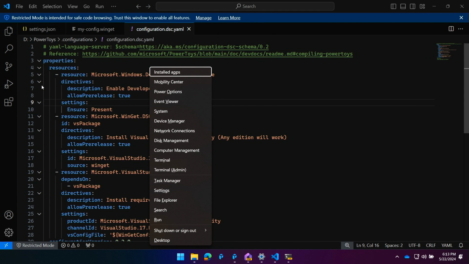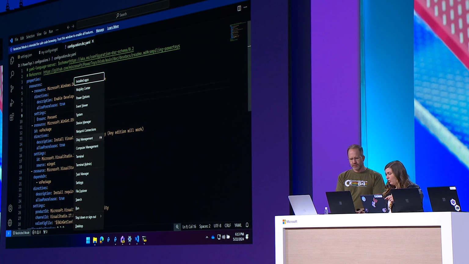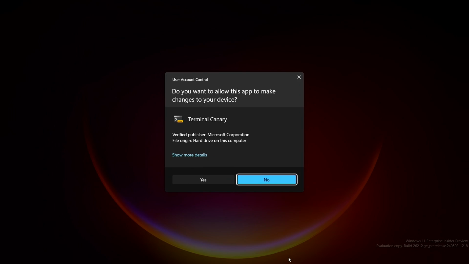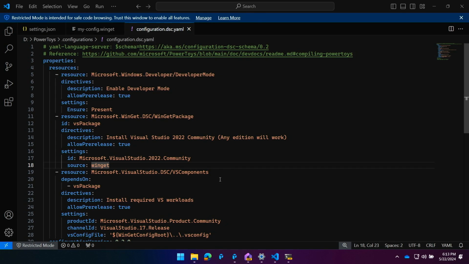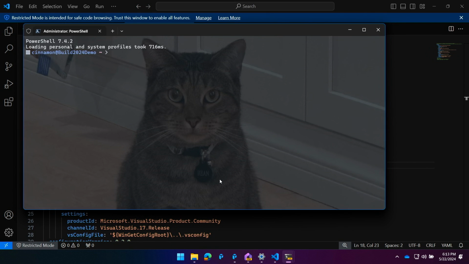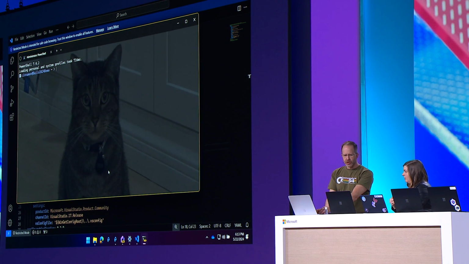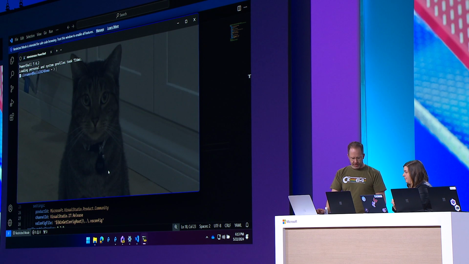Very cool. Other cool things: if you hold Control-Shift and then click on something running in your taskbar, or if you use Run and hit Control-Shift and hit Run, it'll launch as administrator. So Control-Shift is a nice little thing to help you get into admin really quickly. That's been in Windows a long time, but not enough people know about it. So you just launched it as an administrator. You can see the terminal just said it was administrator.